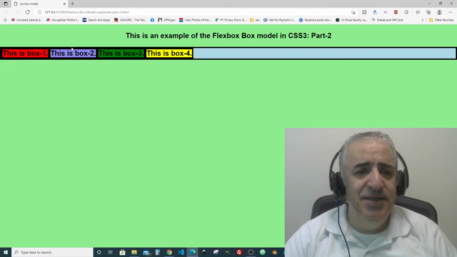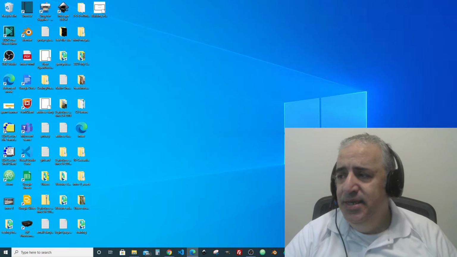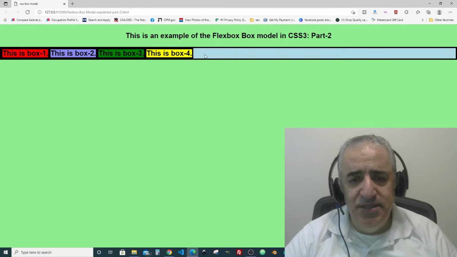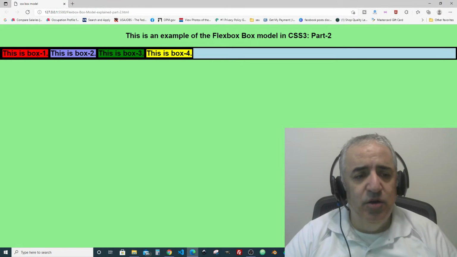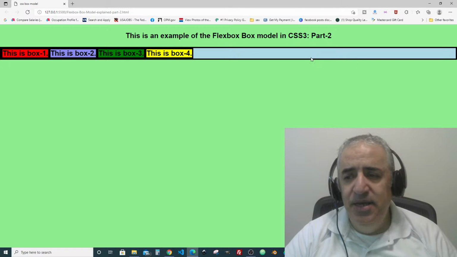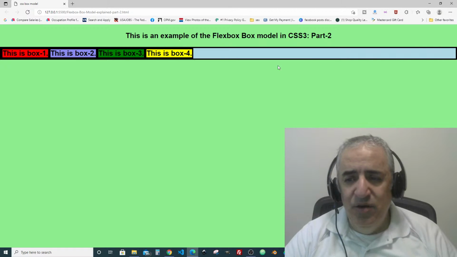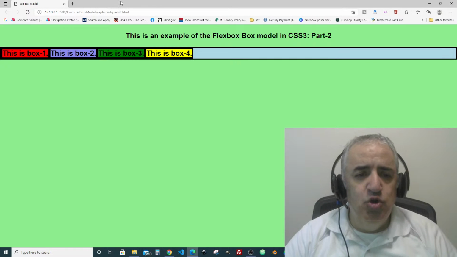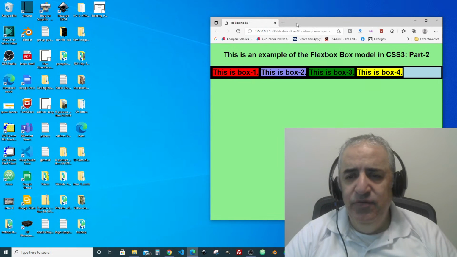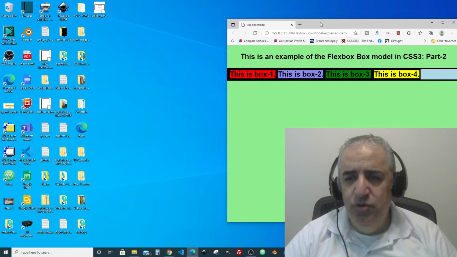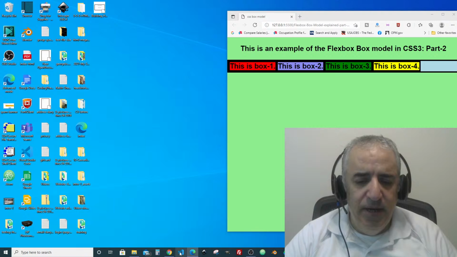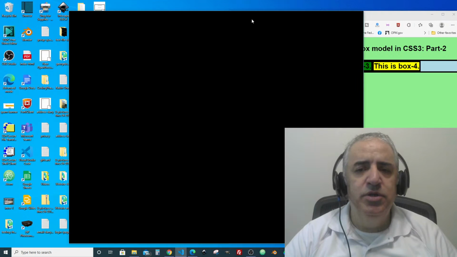So I'm going to give you an example now. This is the flex box I was using yesterday. These are called the flex items, and the box containing them is called the flex box or the flex container. This is Live Server in Visual Studio Code. And if you go back to Visual Studio Code,